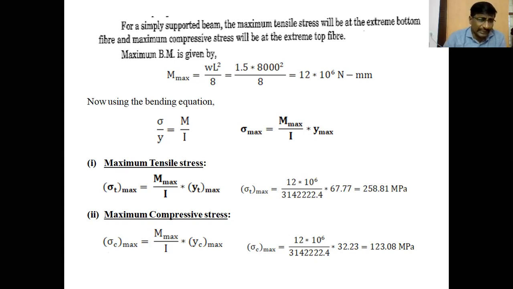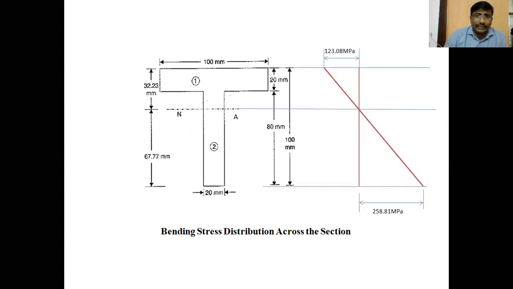These are the maximum tensile and maximum compressive stresses induced in the T section. After calculation of these two values, we can draw the stress distribution diagram across the T section. Again, after completion of the problem, draw the T shape like this: 100 mm, 180 mm web, and 20 mm. Like this, you have to draw the T section, and from the T section, draw three lines from the neutral axis: one line, the extreme top layer line, and the extreme bottom layer line. After extending the lines from the top, neutral axis, and bottom layers, draw a vertical line adjacent to the T section.